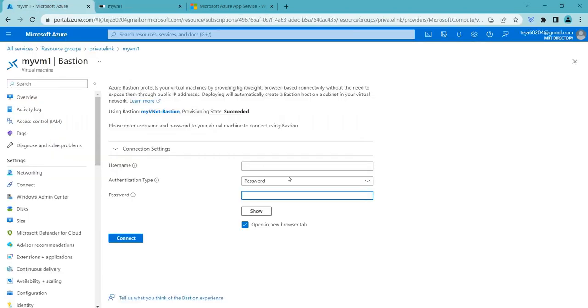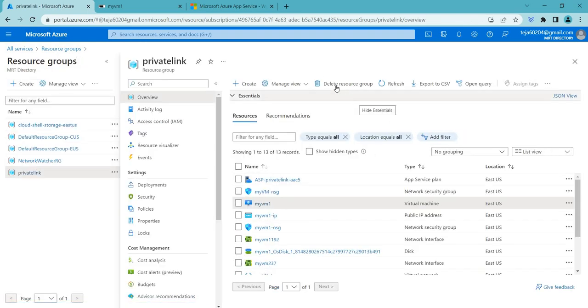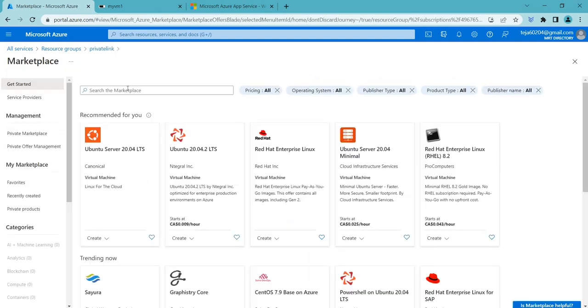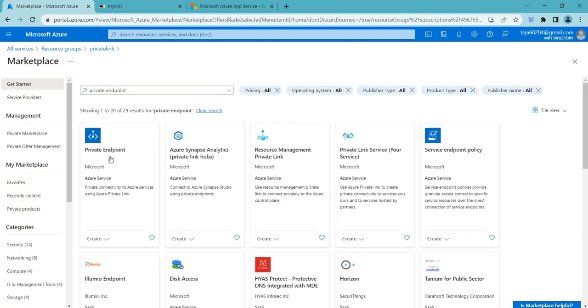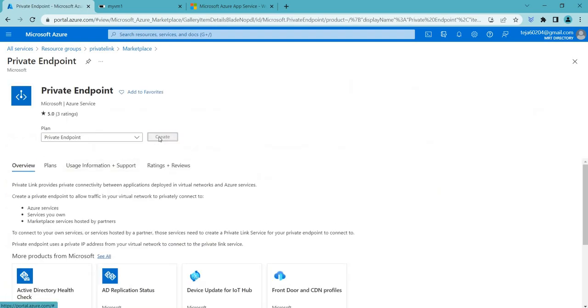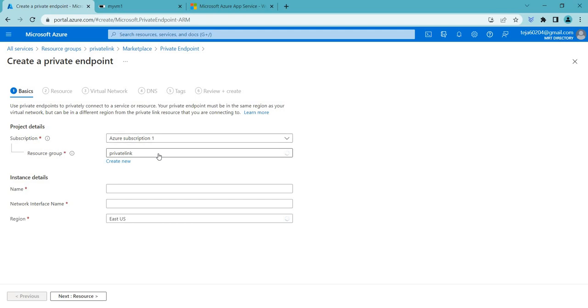So let's go back here, and let's go and add the private endpoints. So click create, and subscription one and the resource group. Coming to the name, let me add it as my private endpoint. So this is the one, and the relevant NIC. So once this is done, let's go to the resource section,